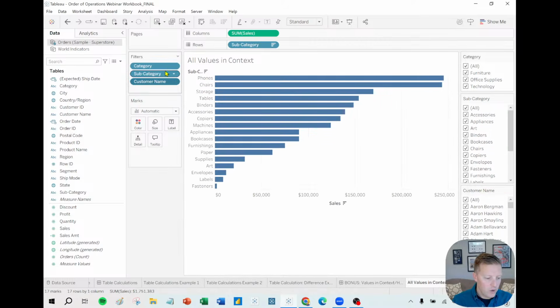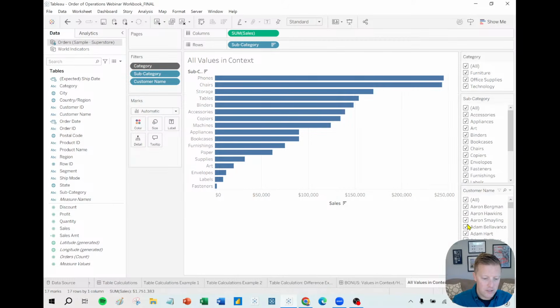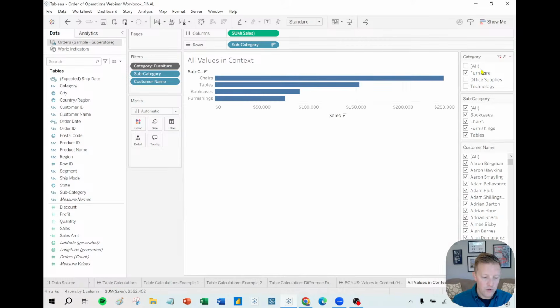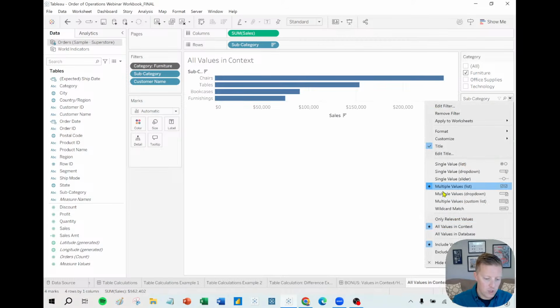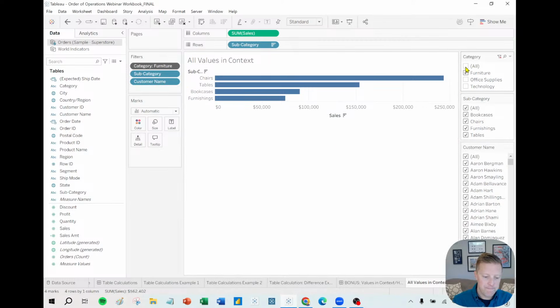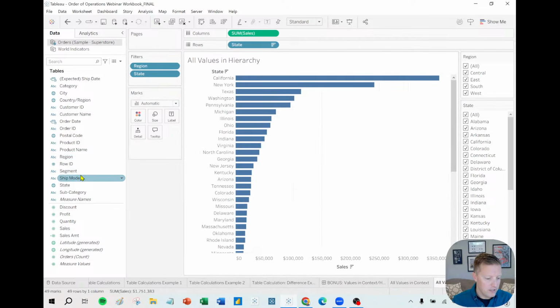Okay. So what I could do is add category to context, go to subcategory, and instead of saying only relevant values, say all values in context. For the category filter, because that's on context, this is going to function very similar to only relevant values. But then this list doesn't get messed up and restricted because I picked Aaron Bergman from the list down below. So that's a way you can control it: I do want this to respect some other filters, but there are also some filters I don't want it to be restricted by. So both adding filters to context, and then, if you ever put things in a hierarchy,